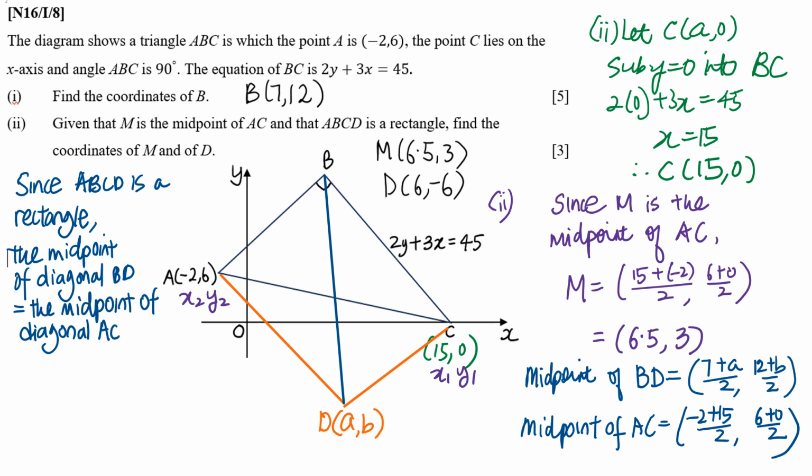So therefore, your 7 plus 8 over 2, these two values will be the same, and those two values will be the same also. Right, so from there you can find A to be